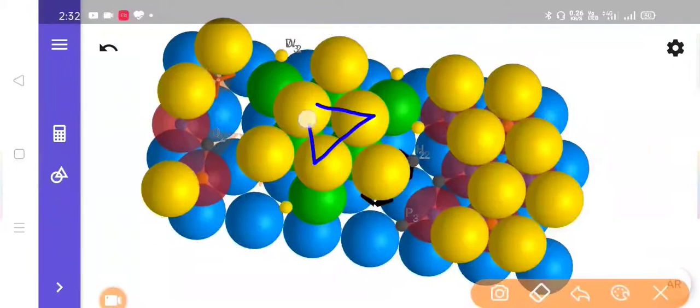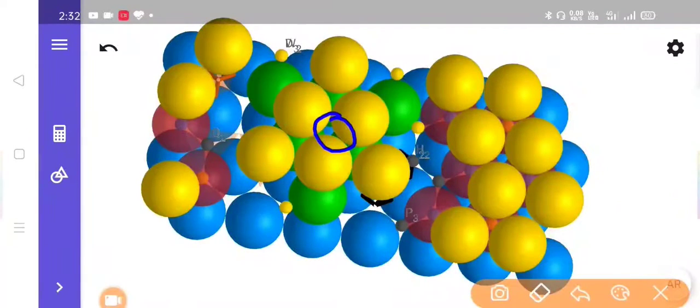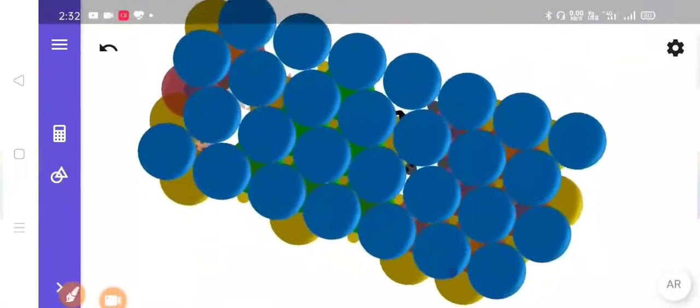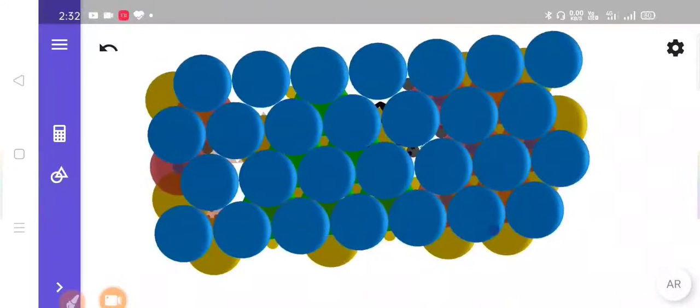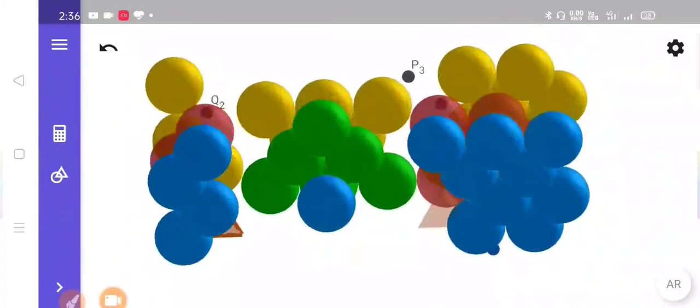Now note that these three spheres from the top layer and three spheres from the bottom layer are creating this type of configuration which creates an octahedral void between them. So that means you are looking at an octahedral void here. Now from the bottom layer we will choose a sphere which is covering the octahedral void, and we will erase the remaining spheres. So now this is our image.